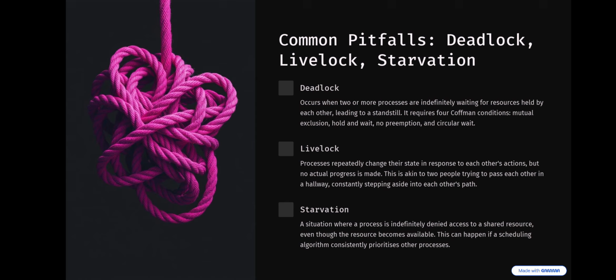It requires four Coffman conditions: mutual exclusion, hold and wait, no preemption, and circular wait. Livelock: processes repeatedly change their state in response to each other's actions, but no actual progress is made. This is akin to two people trying to pass each other in a hallway, constantly stepping aside into each other's